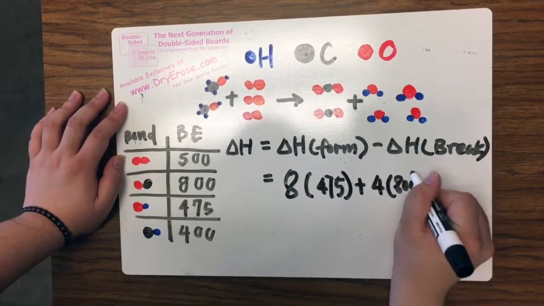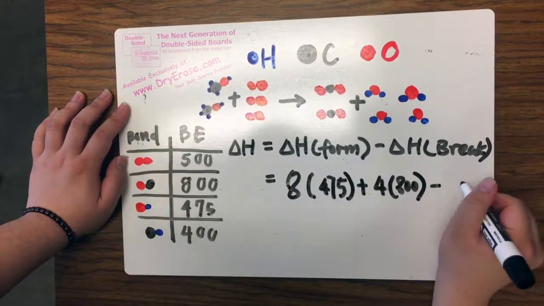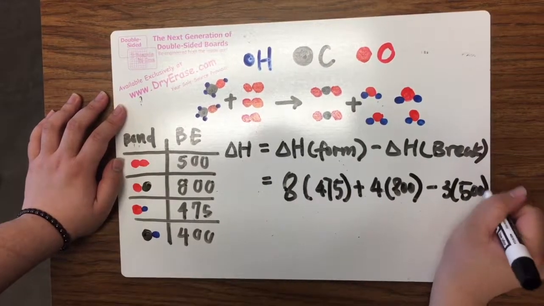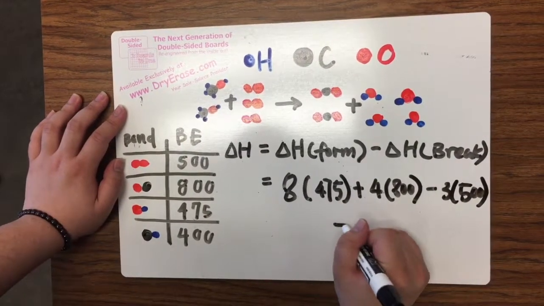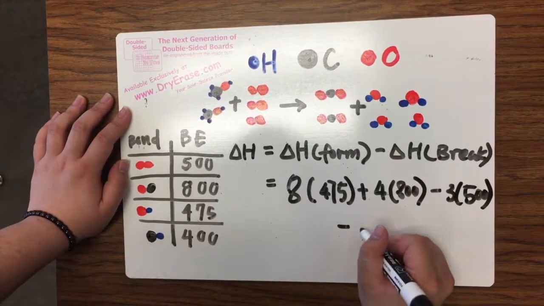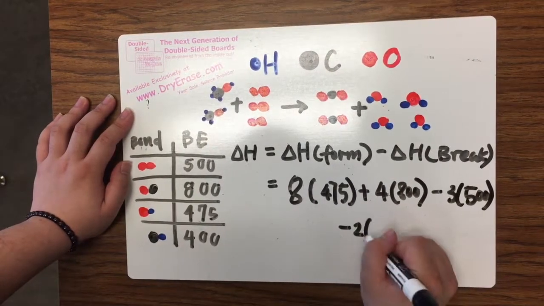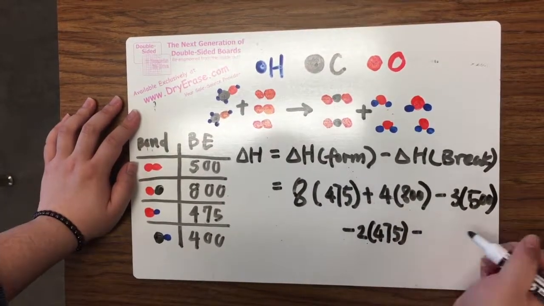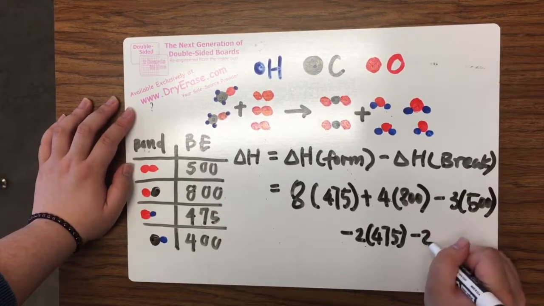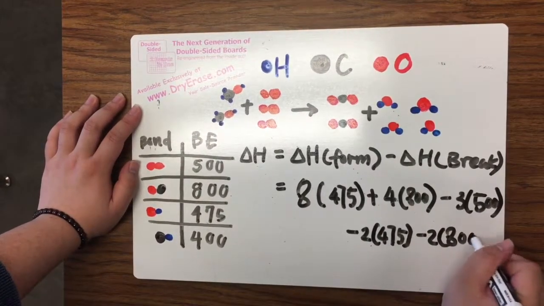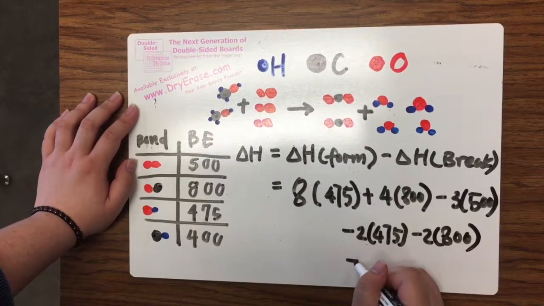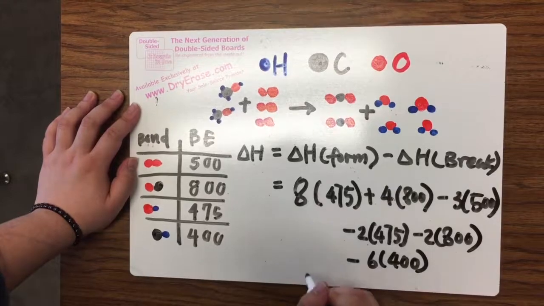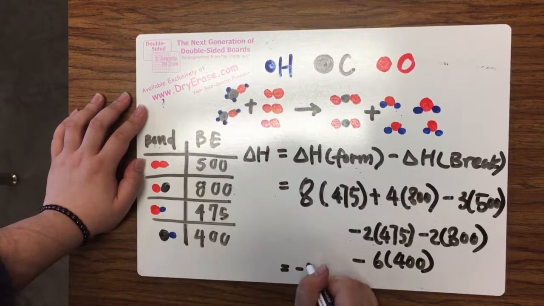And then we use that to minus 3 OO bonds, which is 500 kilojoules per mole, and then we minus 2 OH bonds, which is 475, and then we minus 2 CO bonds, which is 800, and then we finally minus 6 CH bonds, which is 400 kilojoules per mole, and then you will get the final answer, which is negative